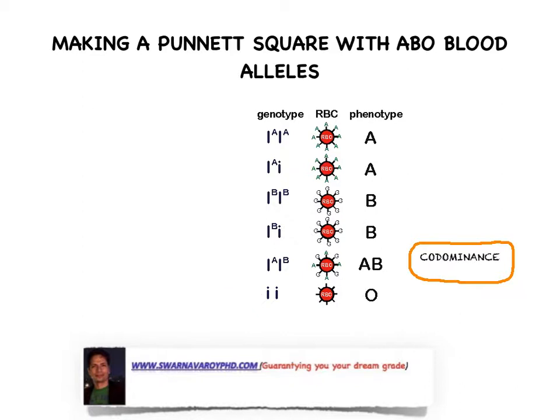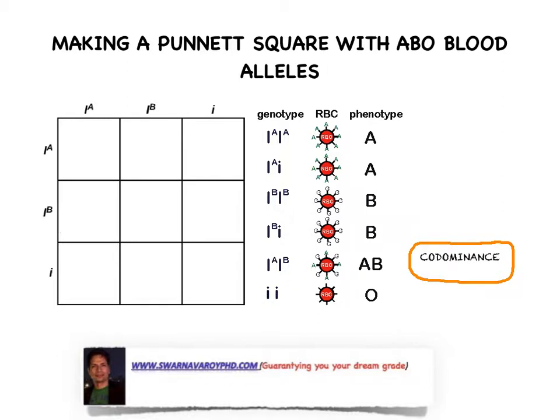Now this is actually the Punnett square, and we will find out different combinations of different alleles and what the blood type will be. When you have A with A, homozygous, you have blood group A. With B, it's a heterozygous situation where codominance is happening. So you have AB. A allele with i allele, or in other words, A allele with the O allele,